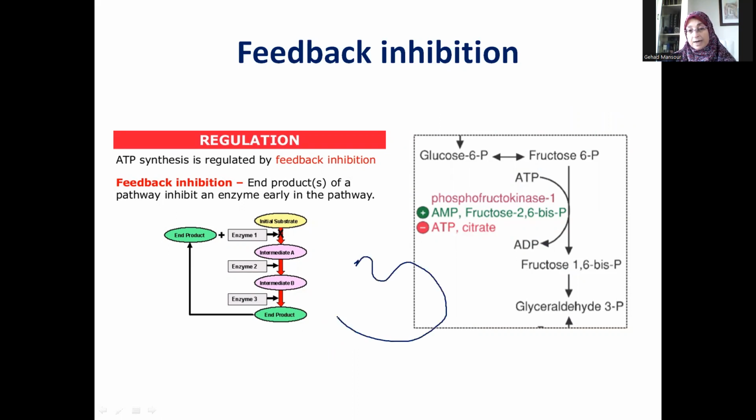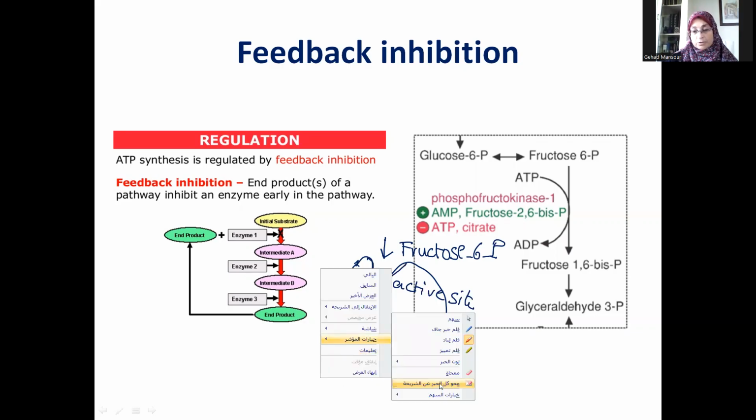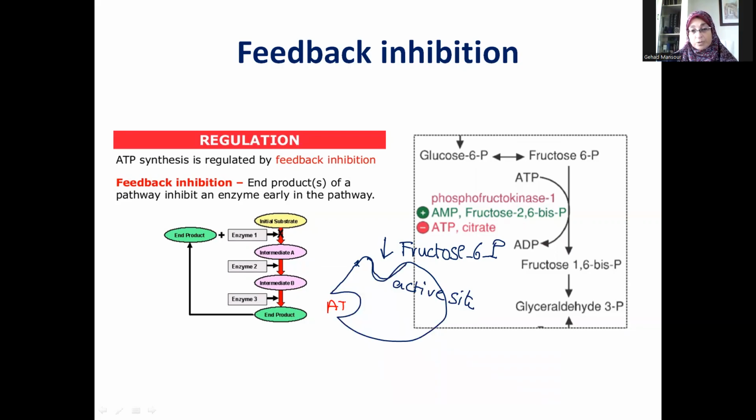Phosphofructokinase is an allosteric enzyme, meaning that in addition to the active site, which binds specifically to the substrate, fructose 6-phosphate, there is another site which is called the allosteric site, and that allosteric site can bind with the ATP molecule. This is actually the active site. If you have plenty of ATP in the cell, then ATP molecules would bind with that